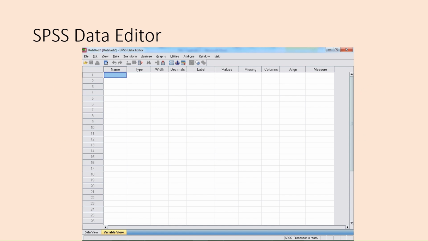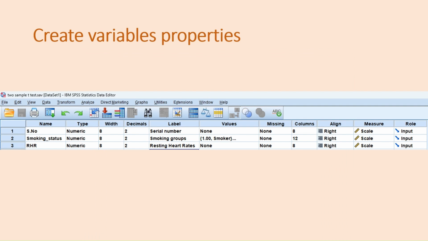First, we open SPSS and create variables. In variable view, first we create the first variable, serial number, the second variable, smoking status, and the third variable, resting heart rate.